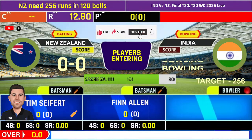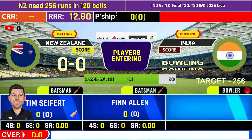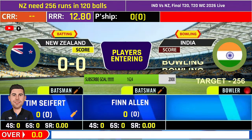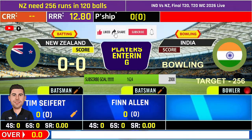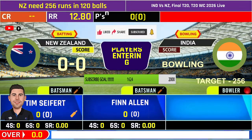Oh yes, absolutely, Bish. I think he's been someone who's been effective with the new ball, and at times when they needed him at the death, he's bowled an over or 2, picked up wickets there as well. But Tim Seifert and Finn Allen, you've got to say the New Zealand hopes pretty much hang on how long they can bat. As a pair, if they can bat together, nothing like it. But if one of them goes on to make a massive score,